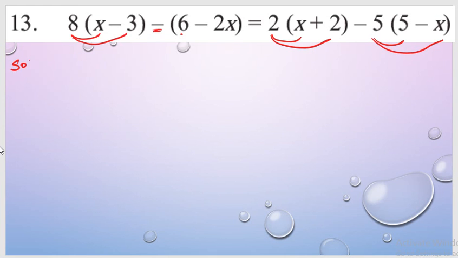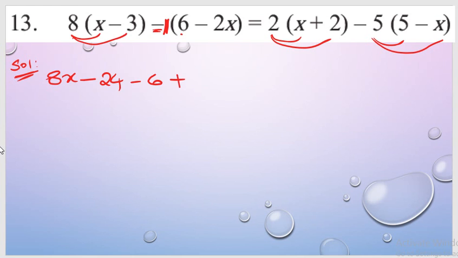Now here we need to take everything carefully, because here minus matters. So this minus plays an important role, so we need to be careful while solving this, right? So first of all multiply this. So what I am going to get, 8 into x is nothing but 8x, 8 into minus 3 is nothing but minus 24. Next, if minus is there, that means it is having minus 1 here. So if I multiply with minus 1, so minus 1 into 6 is nothing but minus 6. Minus 1 into minus 2x